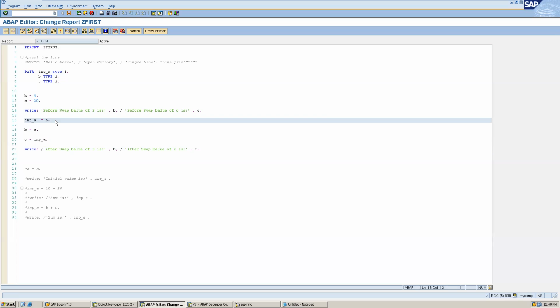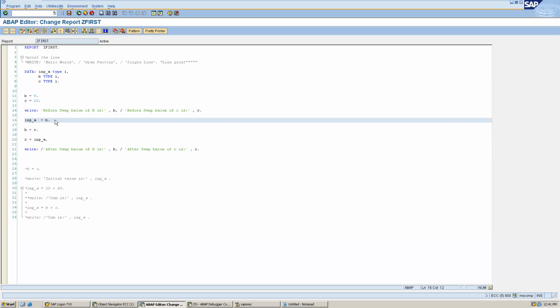Can anyone suggest, or if you want to try, you can try. That will be more fun. If you want to do it in a group, then I will write whatever you want and then we will see. Understood the requirement, right? The requirement is C should be 9 and B should be 20. Yes, you are right.